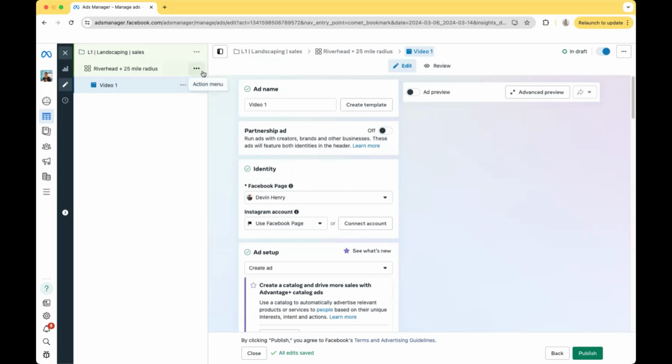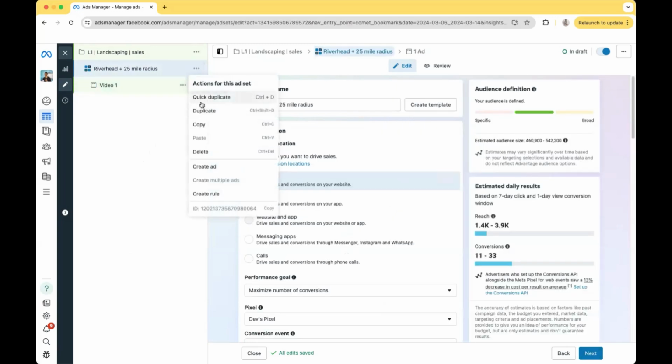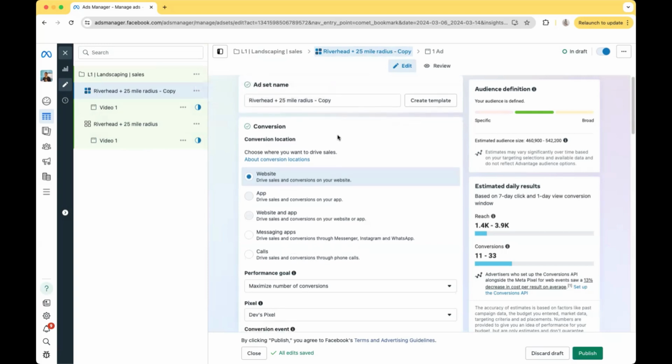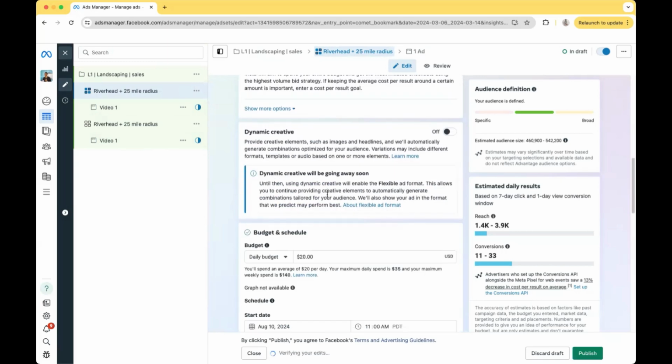But now what we want to do is go to the ad set level. So there's Riverhead plus 25 mile radius. And what we're going to do is select action menu, the 3 dots, and quick duplicate. And as you see, as we quick duplicate it, it also creates another ad level as well. So you really are only going to have to input your information for the ad level one time, because remember, all that stuff is staying the same, and then we're just going to duplicate it. So it's perfect. The only thing that we need to change is the ad set level. And the only thing on the ad set level that we need to change is the name and the actual audience. So let's go down